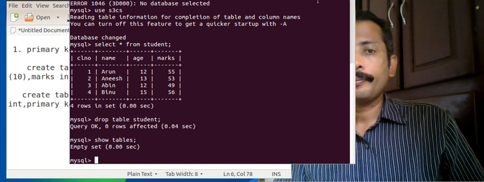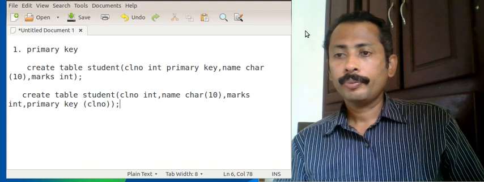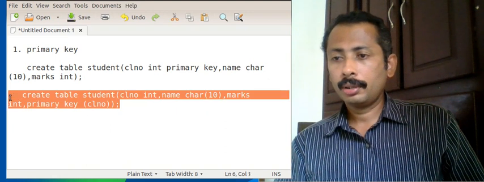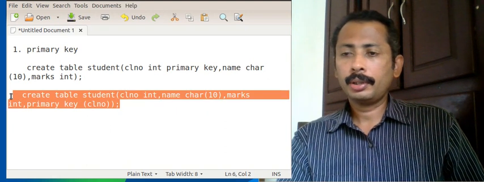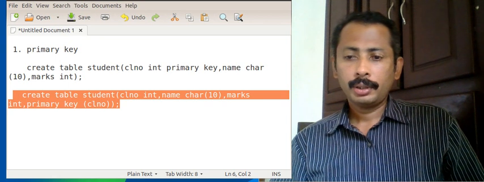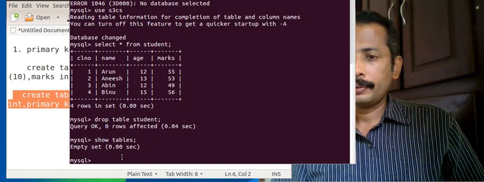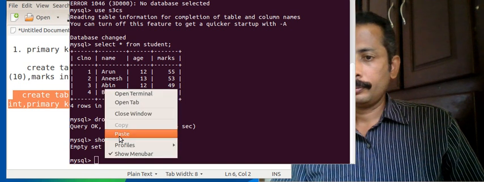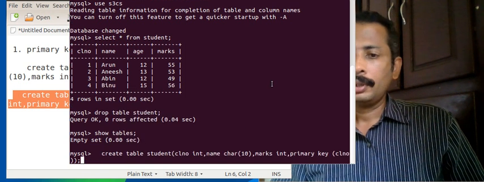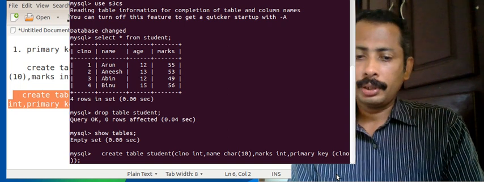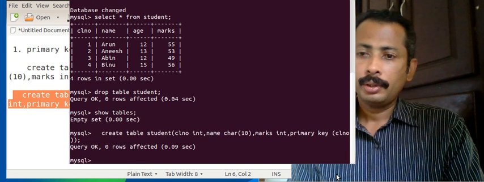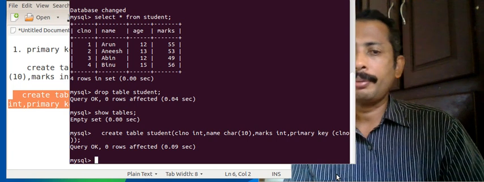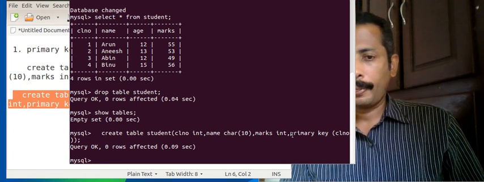So I am copying this and executing this. Create table student, class number int, name. Okay, so the difference is that we have given the primary key at last.